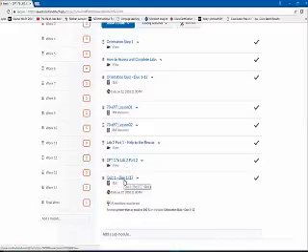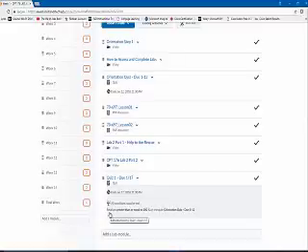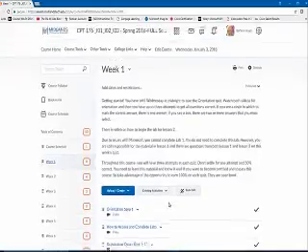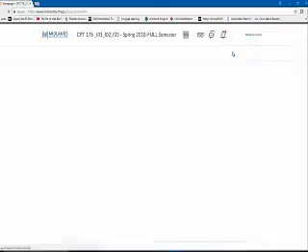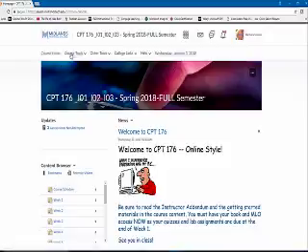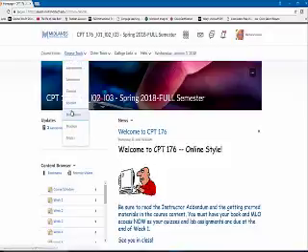Then you have your quizzes, and you see right here, I see this quiz because this is my interface. You will not, and I'll show you that in a second. You must earn 100% on the orientation quiz that is due 1/12, and all conditions must be met. Now let me change this to a student view, and you'll see that you won't even be able to see that quiz right now. We'll go to Content,